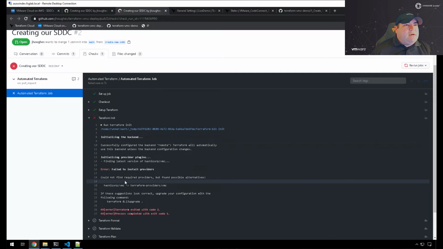So it's telling us here that it's finding the latest version of HashiCorp/VMC, and it failed to provide it, but it found a possible alternative of Terraform-providers/VMC. So it looks like this is the case that we know of. At the beginning of September, there was a change with the provider for VMC, and it got retitled. So it's telling us if all of this looks okay, we can simplify this thing by just going ahead and